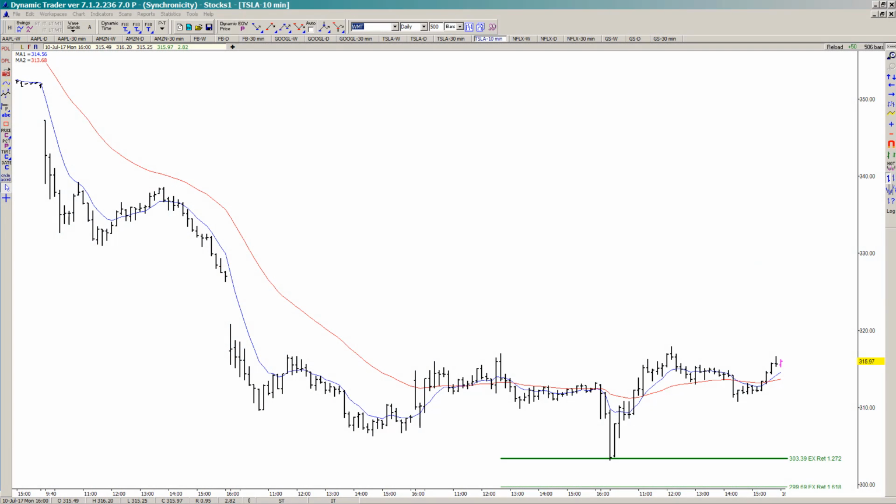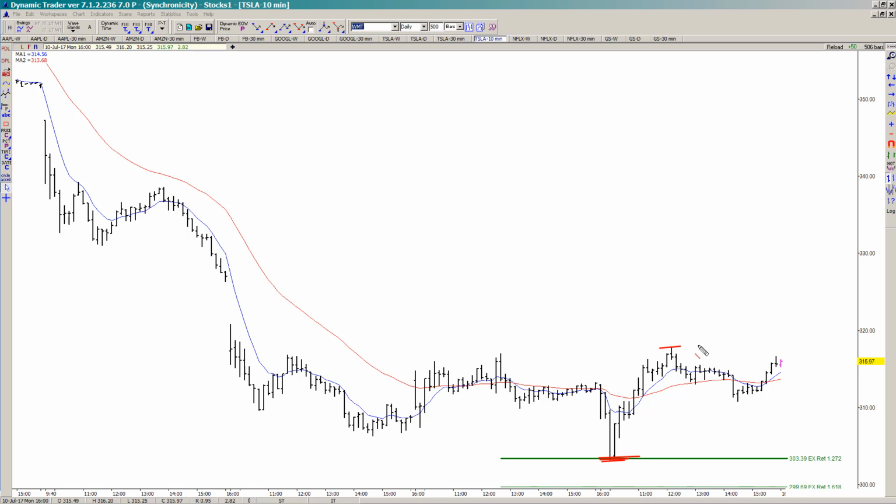In today's video, I'm just going to recreate the setup that we had in Tesla, and it really showed up on a 10-minute chart, and it was in the trading room. But here's how it went. Now, I heard everybody getting excited about Tesla coming back nicely, and we did have a nice rally from this